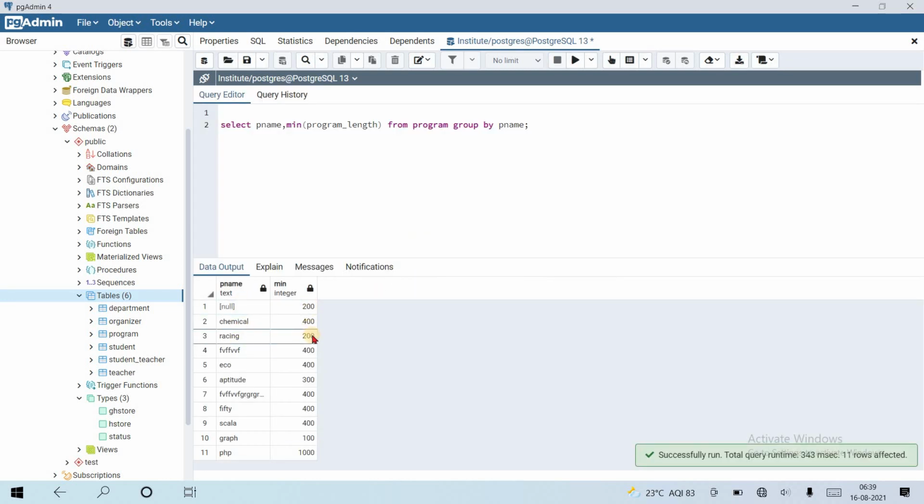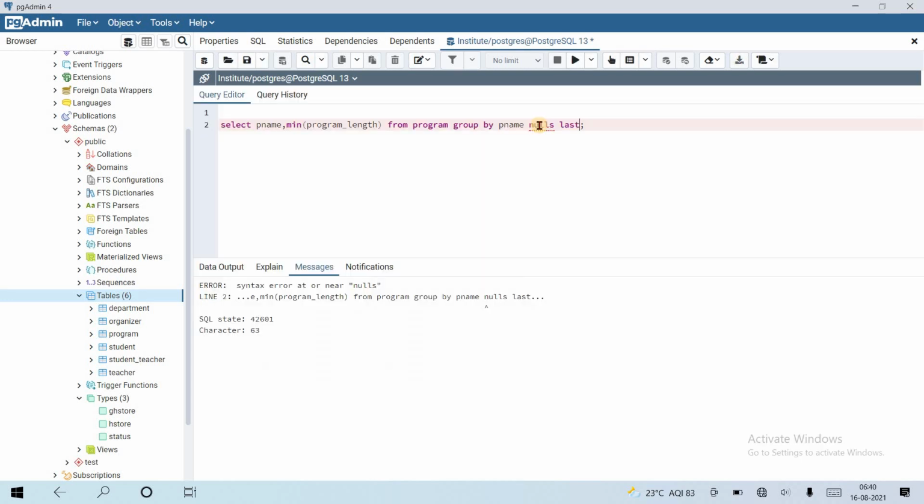So the minimum program length was 200 per group, but a null value comes first, which is not looking good. So I am using nulls last, so all null values come at the end. What is the error here?